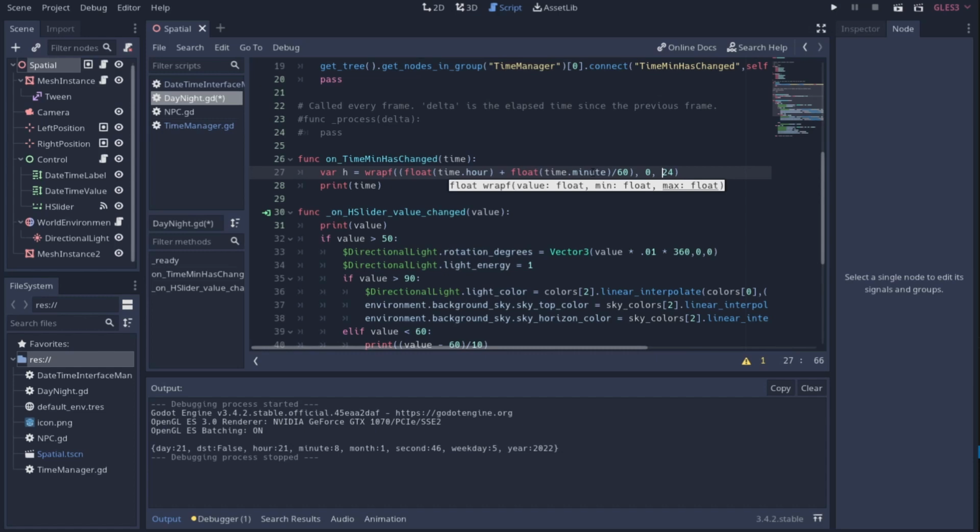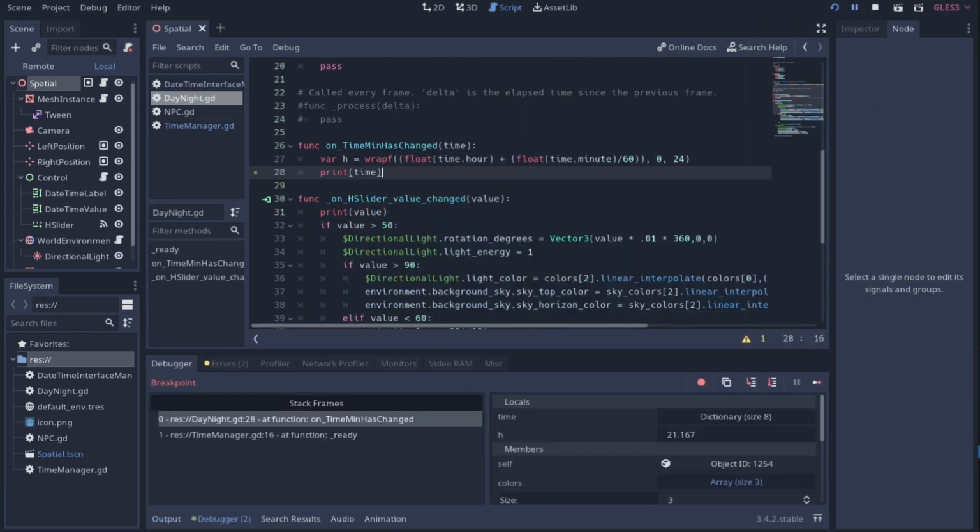Now, this might be a bad order of operations if we look at it. So I'm going to wrap this like this. So that way I can guarantee that this happens first. Now, if I hit a breakpoint here and I hit play, I'll show you what this did. So if we look at H is